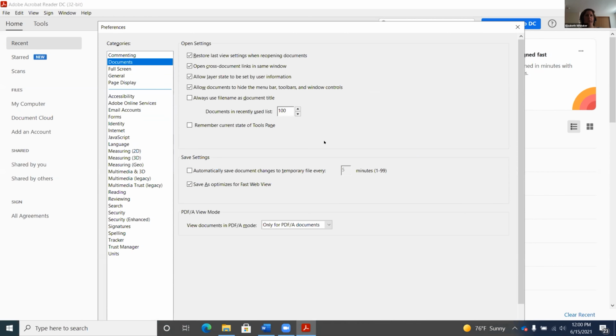So let's choose documents here. I'm going to press the tab key. Restore last view settings when reopening documents. Checkbox checked. Alt+R. So there's a setting for restoring. Open cross-document links in same window. Checkbox checked. Allow layer state to be set by user information. Checkbox checked. Allow documents to hide the menu bar, toolbars, and window controls. Checkbox checked. So these are some pretty picky little things here that you can go in and really fine tune